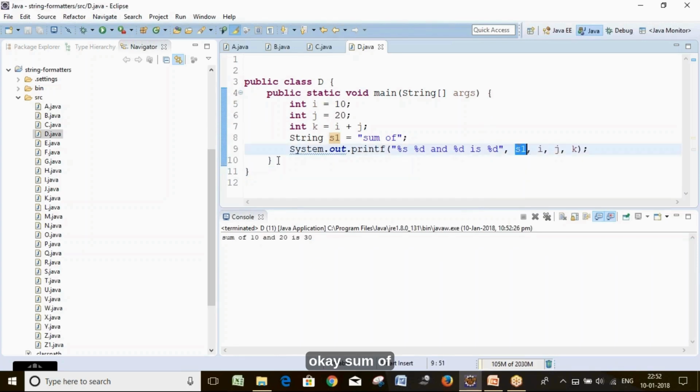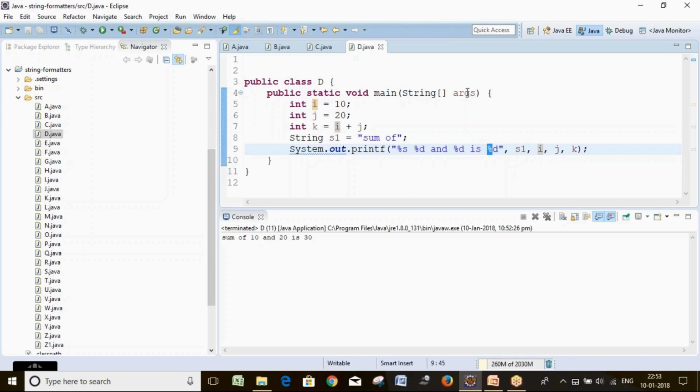S1, sum of; i means 10; j means 20; and k is 30.